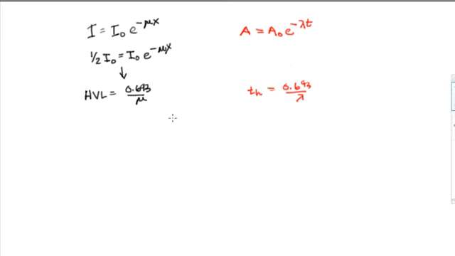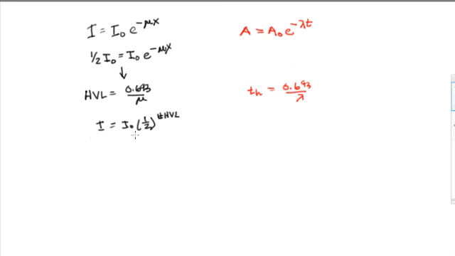With the same kind of logic, you can show that the intensity after some number of half-value layers is just 1/2 to that power. So that's 1/2 to the number of HVLs. So if you have 1 half-value layer, it's 1/2, or 2, it's 1/4, and so on. That's completely similar to the activity. And then